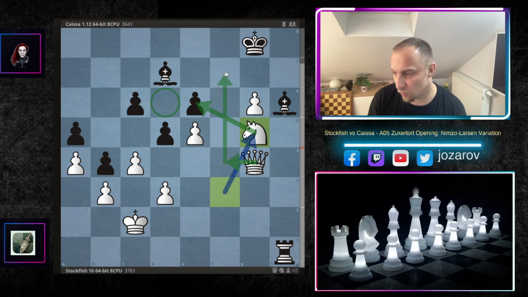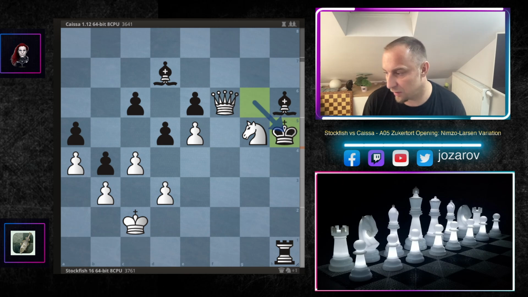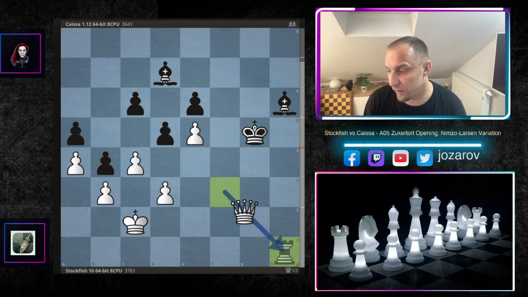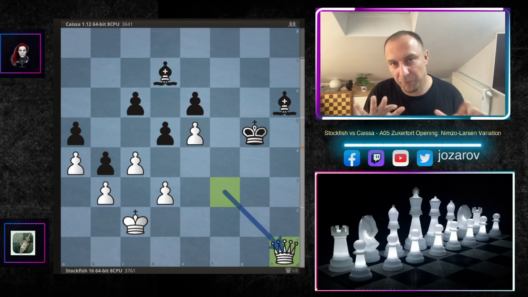So Stockfish is of course trying also to include the queen into the game. So this game is very bad here for black. King to g7, now comes this idea, queen to f4, king to g6, queen to f6 check, king to h5, queen to f3, and now Stockfish grabs the rook. Beautiful tactics. Continues now with the queen against the bishop pair, but in some lines, maybe this could be a